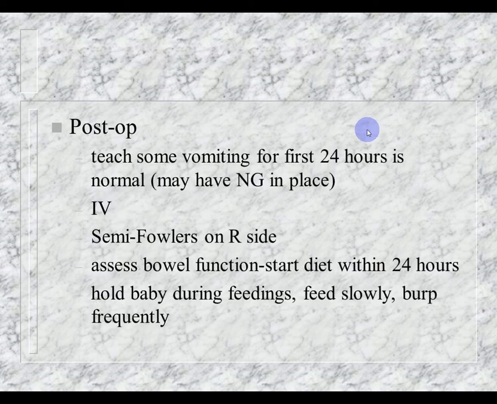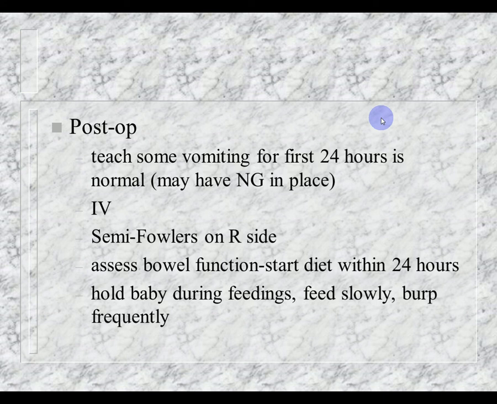One of the things that is super important postoperatively, and really you should be doing this preoperatively, is teaching that some vomiting for the first 24 hours is normal. Now, they may or may not have the NG. If they have the NG, that's not a big issue. But you want to make sure they know that because they've had a child who's come in with projectile vomiting, 3 to 4 feet, every 30 minutes or so after they eat. And here they come back from surgery having that corrected and they're vomiting again. So they may think that something's not going right.